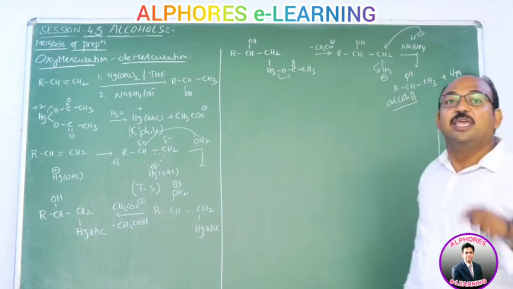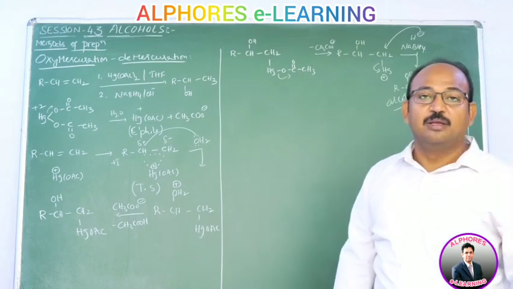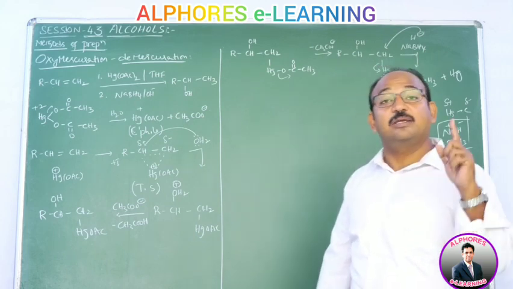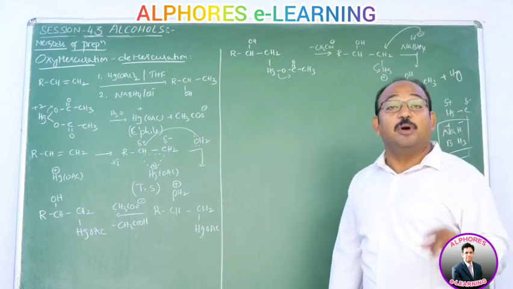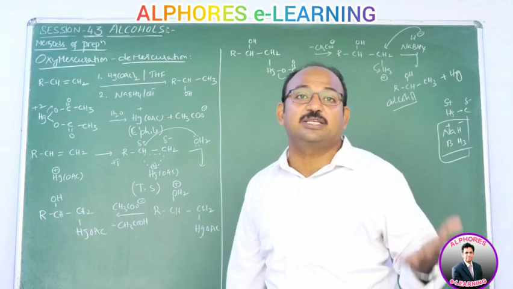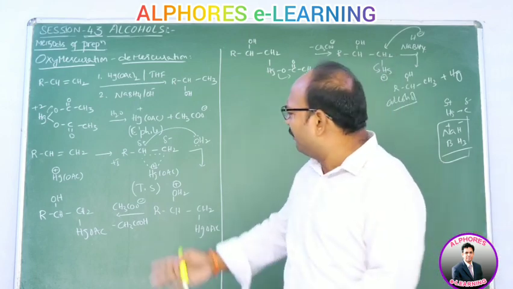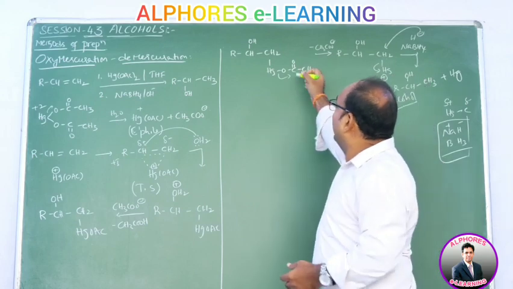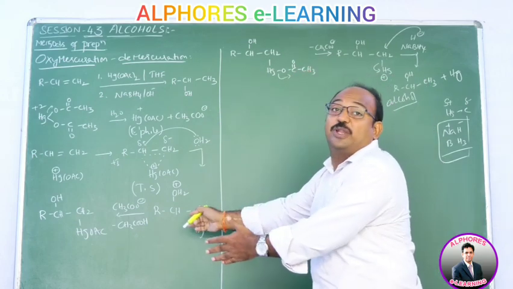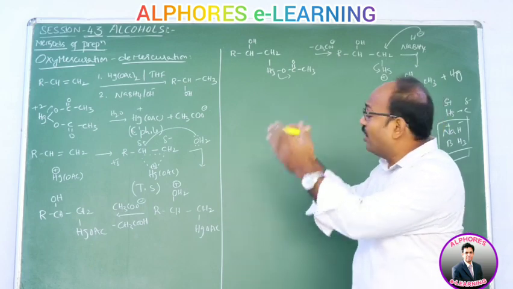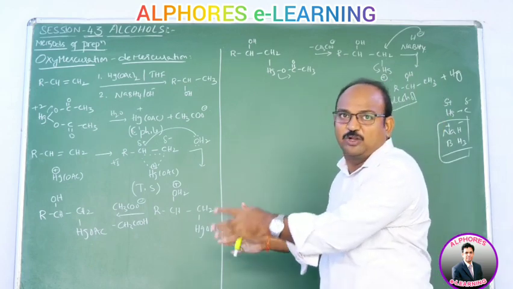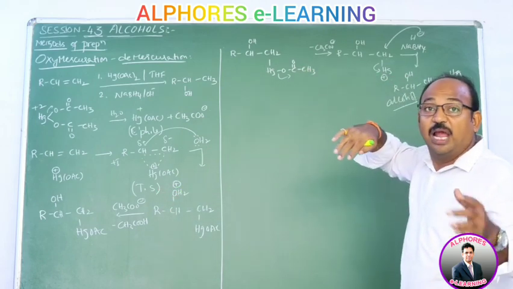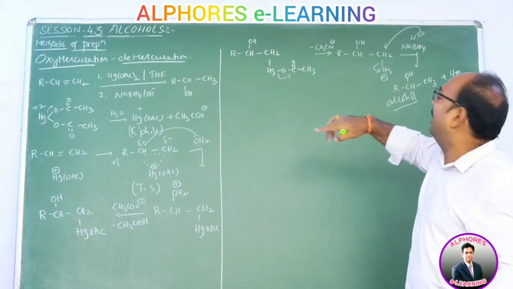Now my question is: is this Markovnikov addition? Is the product a Markovnikov addition product now? No. But the product is a Markovnikov product. Markovnikov product is different from Markovnikov addition and Markovnikov rule. It follows Markovnikov rule everywhere. Until oxymercuration, this follows Markovnikov rule, and the product is a Markovnikov product, no doubt in that. There is no difference. But once oxymercuration is completed, and you come to demercuration and get this product,